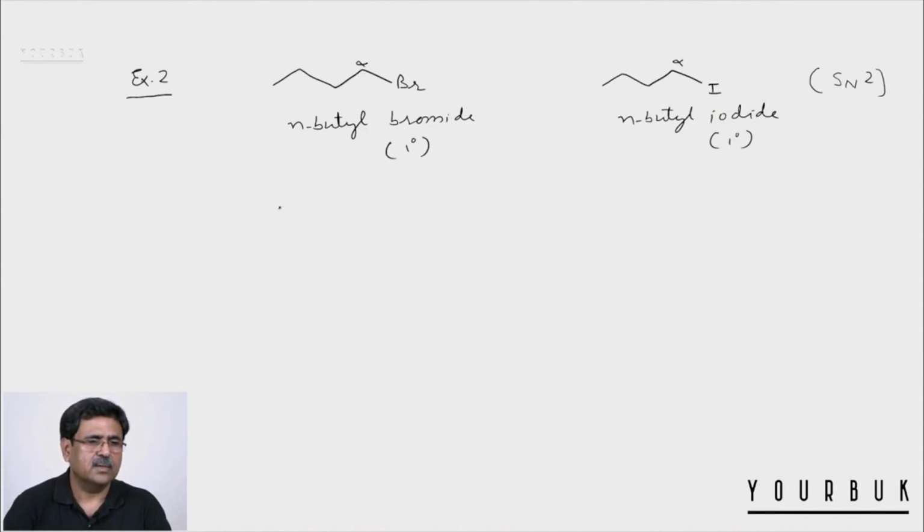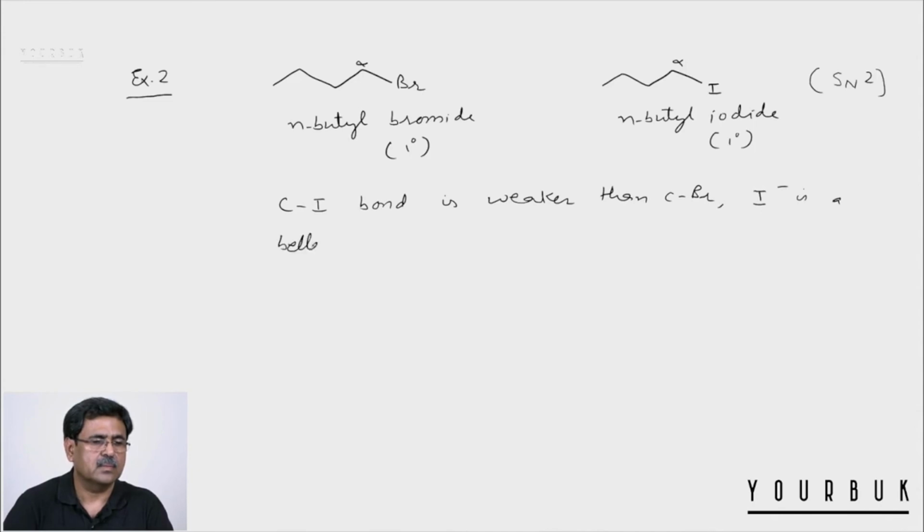And we know that the carbon iodine bond is weaker than the carbon bromine bond. So the C-I bond is weaker than the C-Br bond. It means iodine is a better leaving group than Br negative,